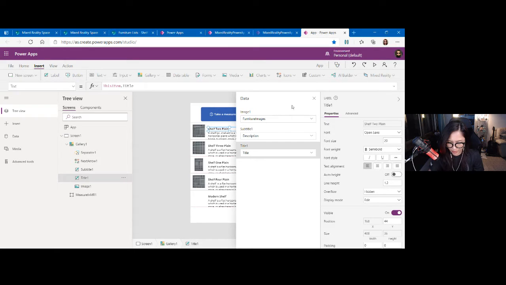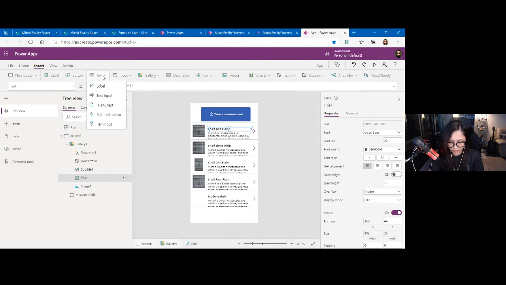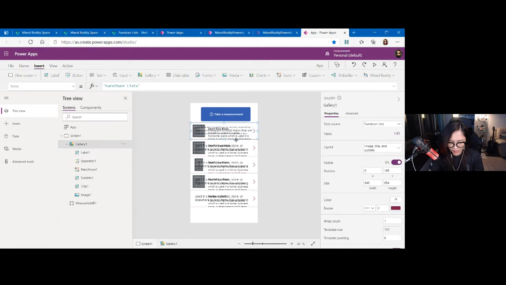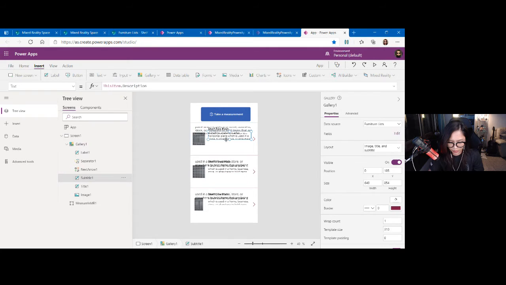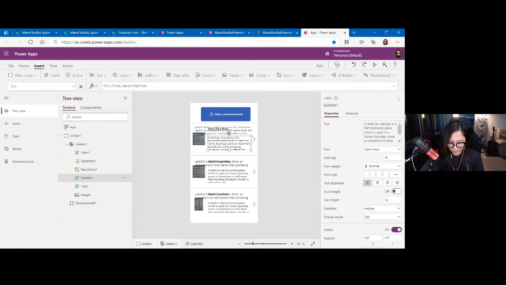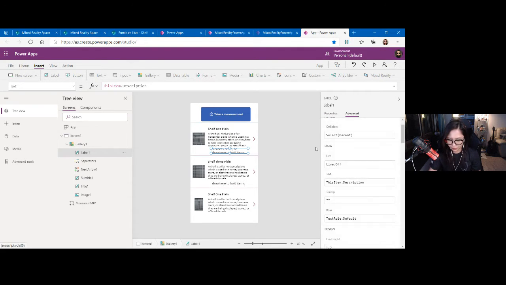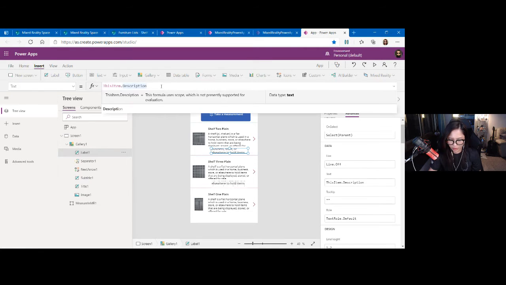And then I'm going to add a label. Wait, let me resize this one, and then the shelf here. And then I'm going to use this one as the text, this, that item.